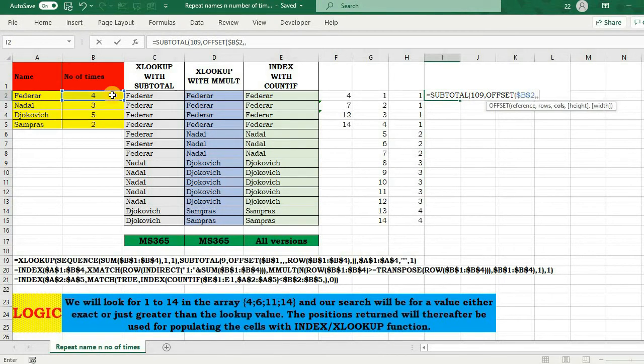Rows 0, columns 0, and height I'm going to use. First time this will be 1, then 2, then 3, then 4. So I need to generate 1, 2, 3, 4. I can use the ROW function here, like 1, 2, 3, 4, and lock it as well.